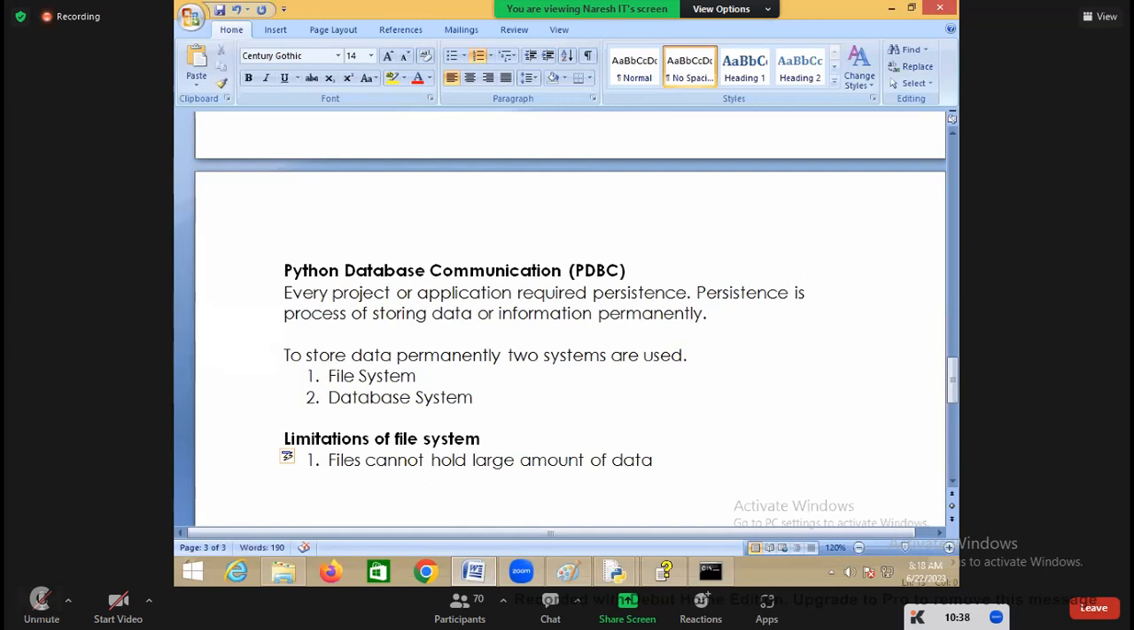Files cannot hold a large amount of data, and files are not secure because the files are stored in the hard disk, and the operating system will not provide any security. So files are not secure, and